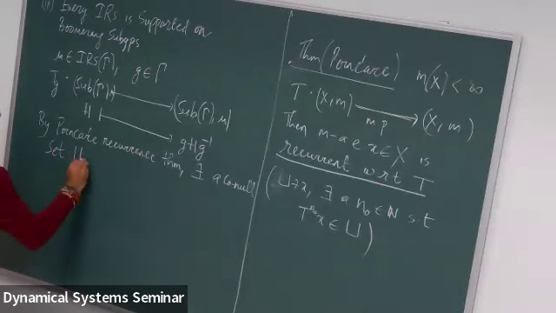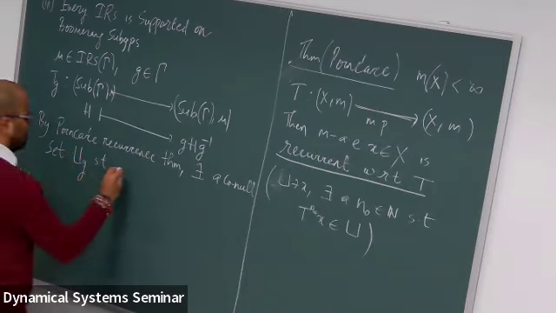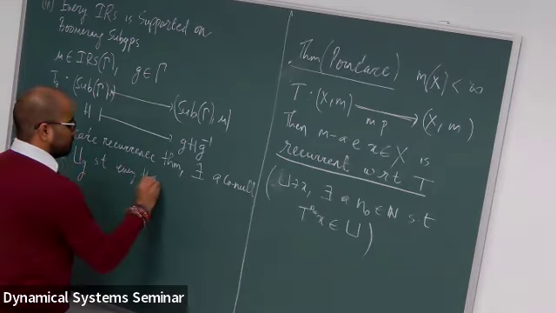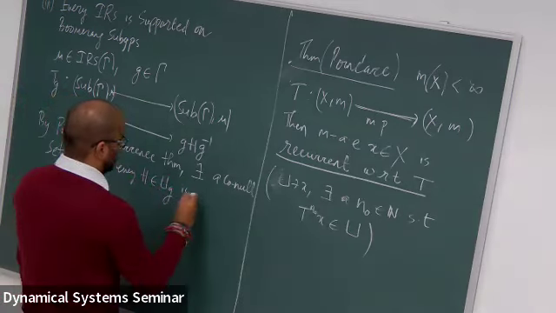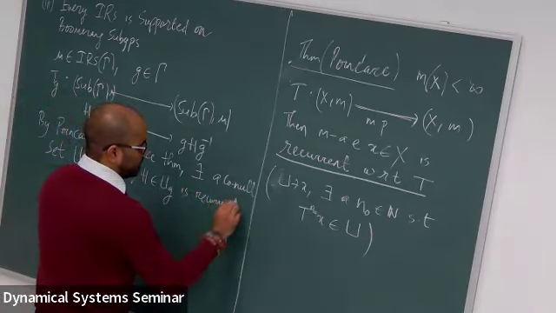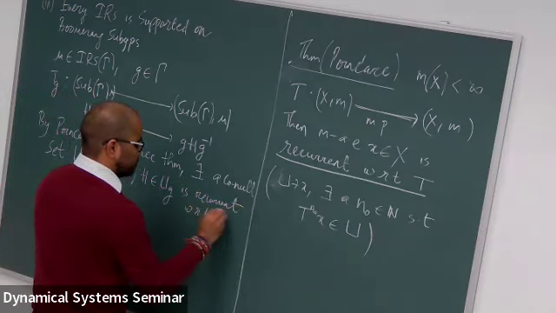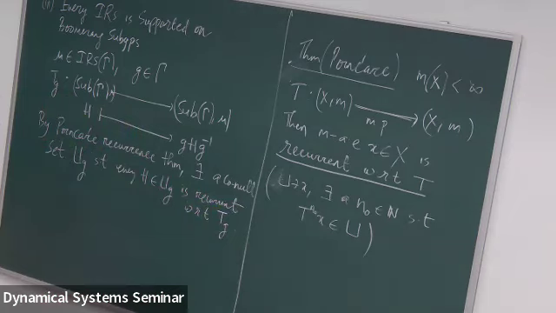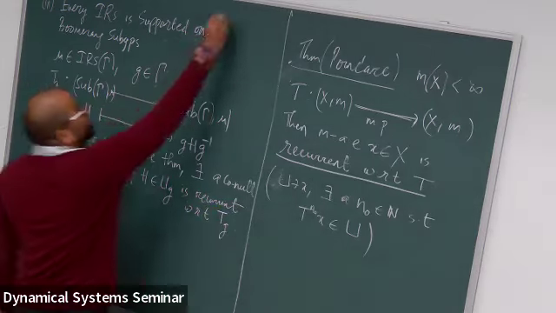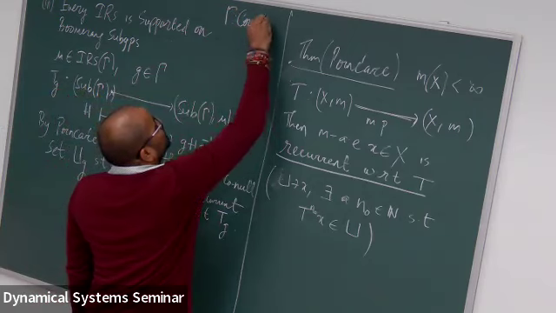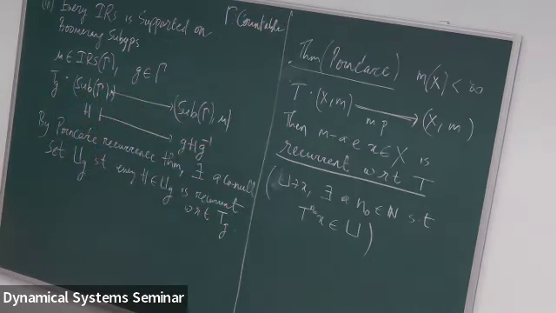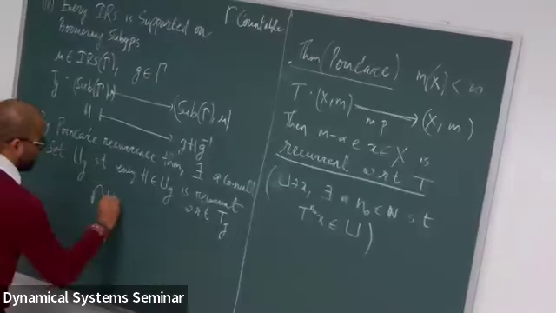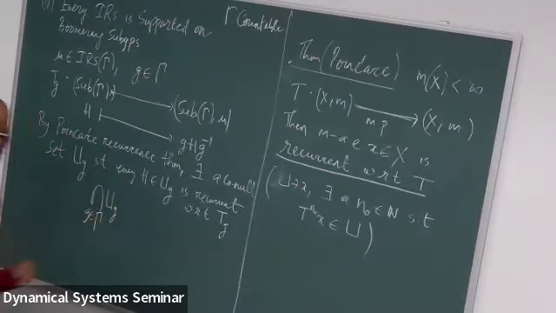We call it U_G, such that every h in U_Z is recurrent with respect to this map T_G. Here I assume Gamma to be countable. Now I can look at the intersection of these U's, and then every h in this intersection is going to be recurrent for every element. And of course, this is a cone also.